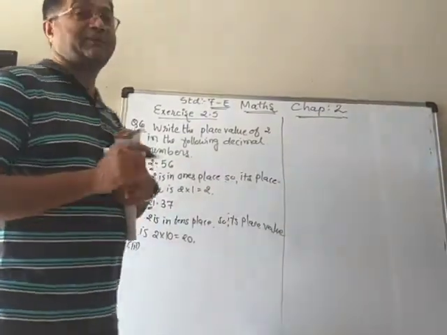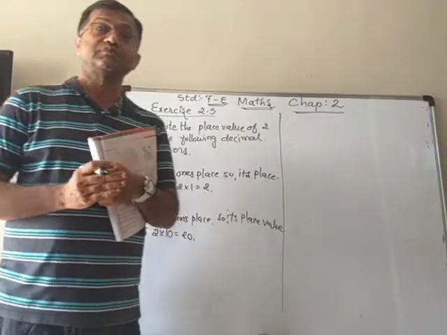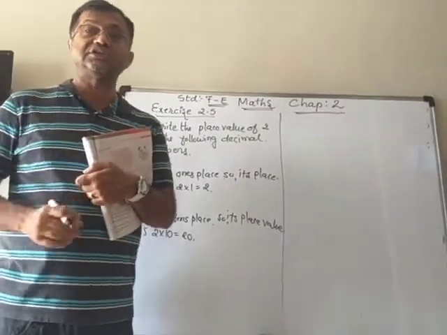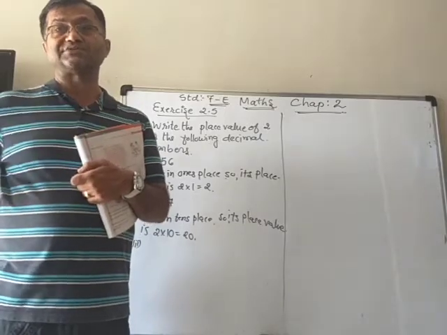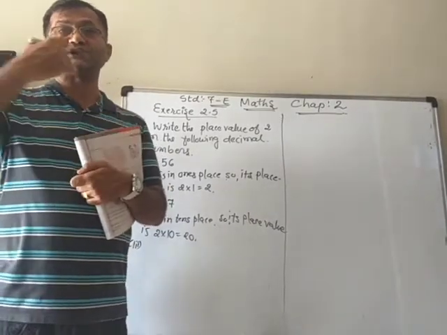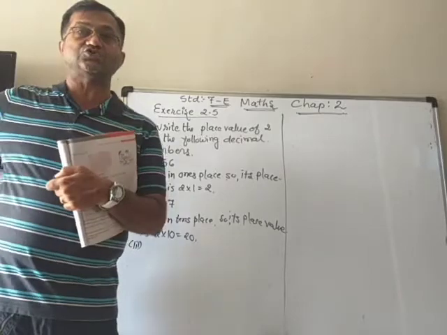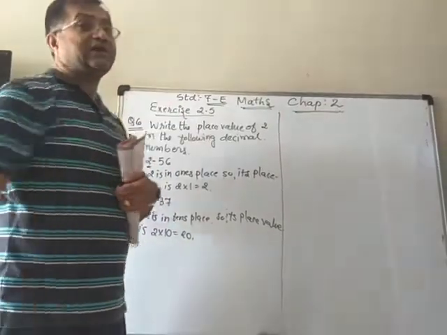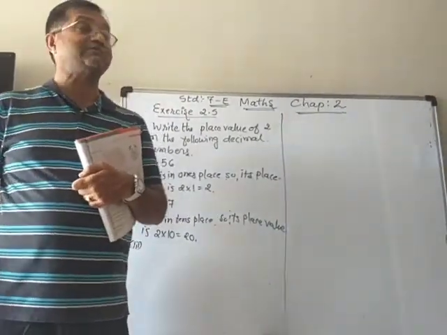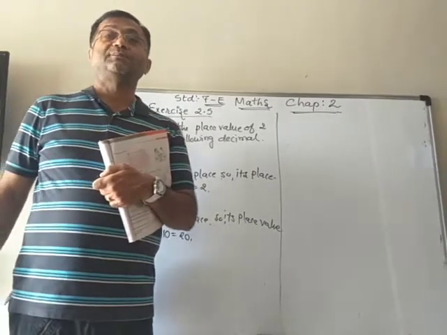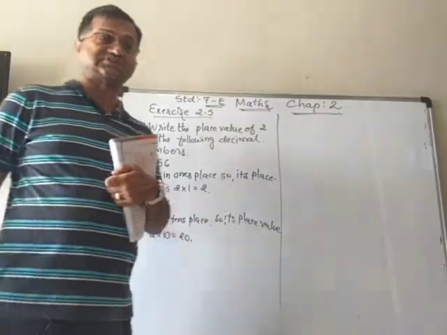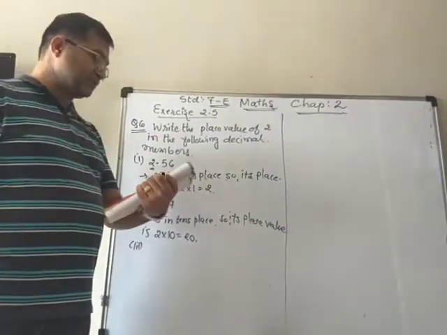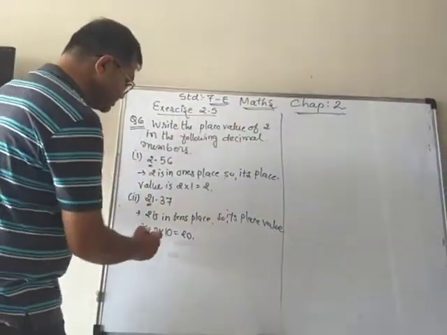Before we know the place value, we must know the place at which it is located. We know the places on the left side start from ones place, tens place, hundreds, thousands, and so on. And on the right of the decimal point, the places are tenths, hundredths, thousandths, etc. Now look at the third one.